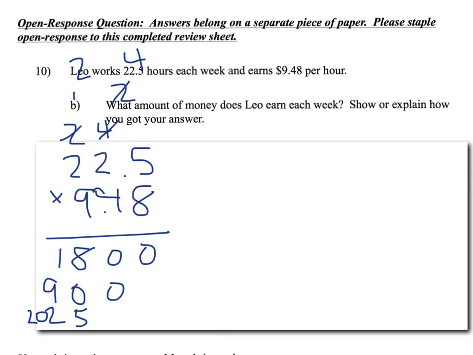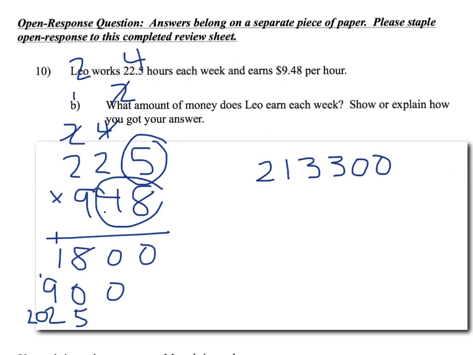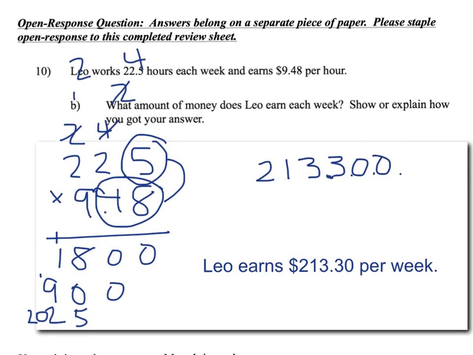Okay, so if I add up my columns, I get 0, 0, 8 and 5 makes 13, carry the 1, 9, 10, 11, 12, 13, carry the 1, 1 and 0 is 1, and 2. So there's my answer, but I have 1 digit, 2 more digits. So that's a total of 3 digits after the decimal point coming in from the left. 1, 2, 3. So my final answer is Leo earns